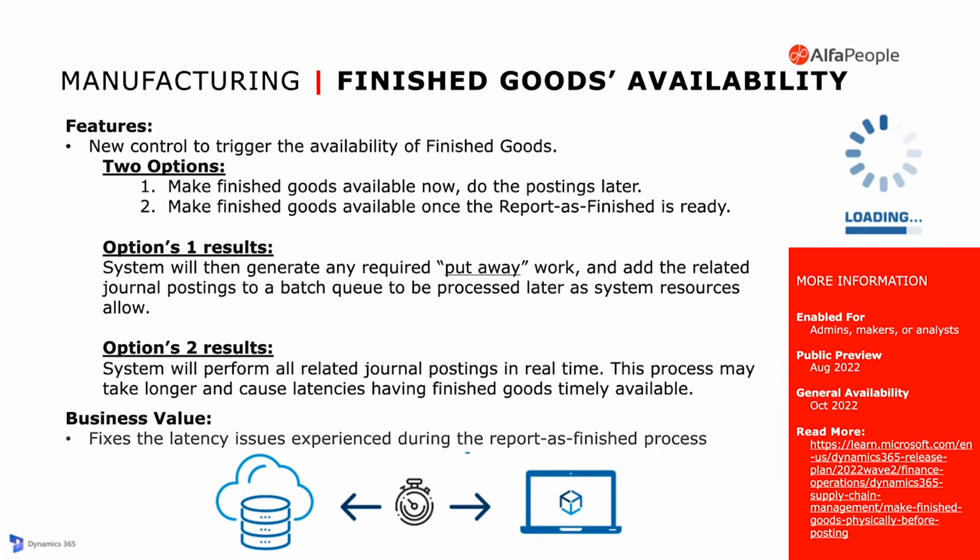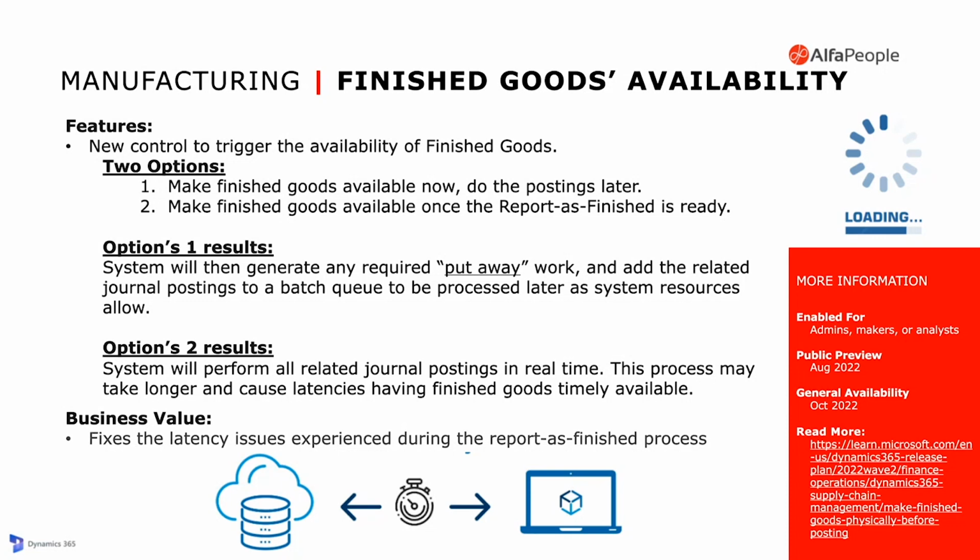All right, so the first feature enhancement I want to show you on the manufacturing process has to do with the timing in which goods become available in the on-hand inventory. This feature benefits mainly high-volume manufacturers who may have experienced latency issues during the report as finished process. You now have an option, a trigger switch, which allows you to decide whether you want to have your finished